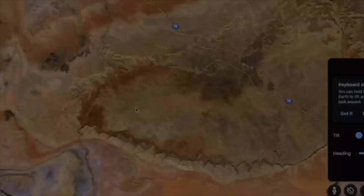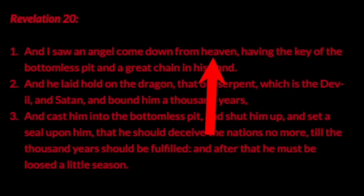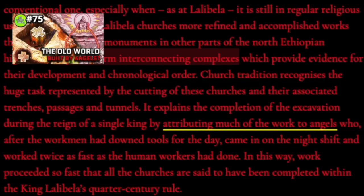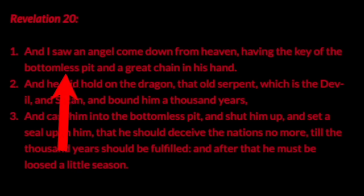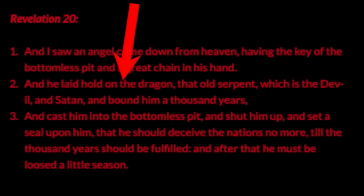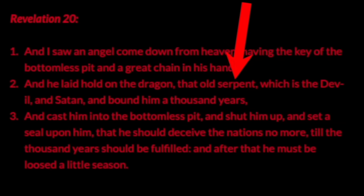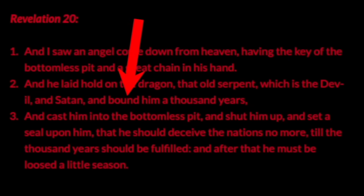So check this out. And I saw an angel come down from heaven, which we have seen before in episode 75, having the key of the bottomless pit and a great chain in his hand. And he laid hold on the dragon, that old serpent, which is the devil and Satan, and bound him for